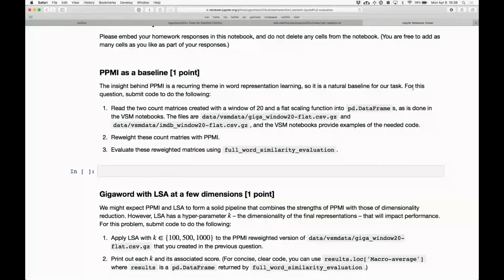So I hope it's emerging by now, and it's certainly going to emerge today, that PMI, pointwise mutual information, is a very powerful insight related to all this stuff, not only reweighting, but also dimensionality reduction. And as a result, it's a very natural baseline. If you were actually doing a project in this space, then it would be nice if the main results table